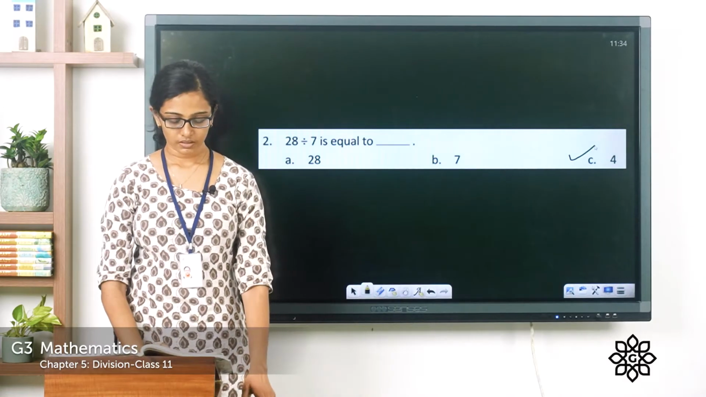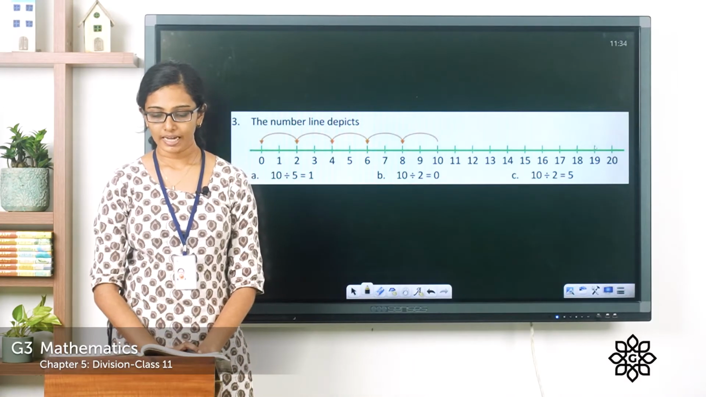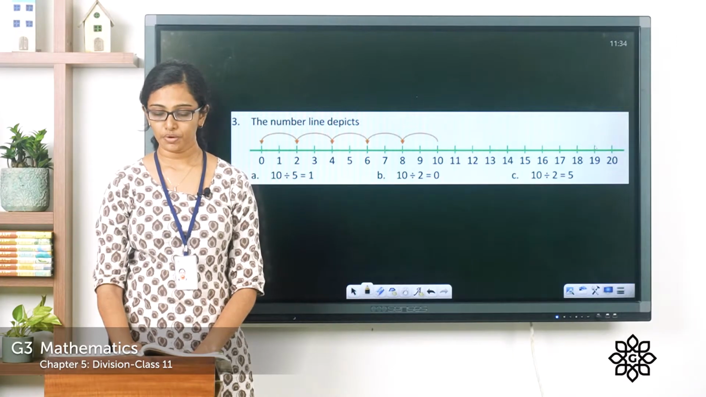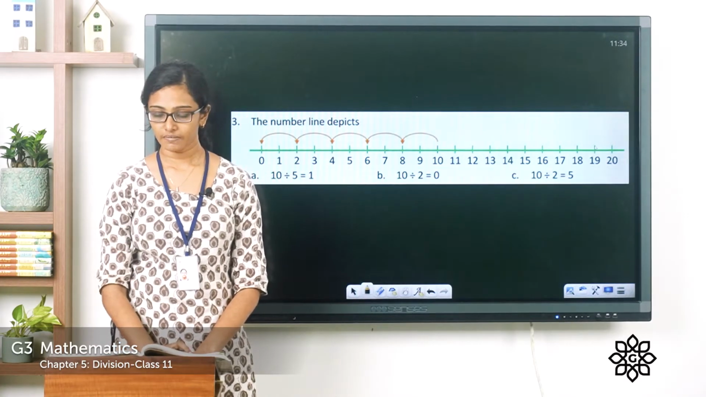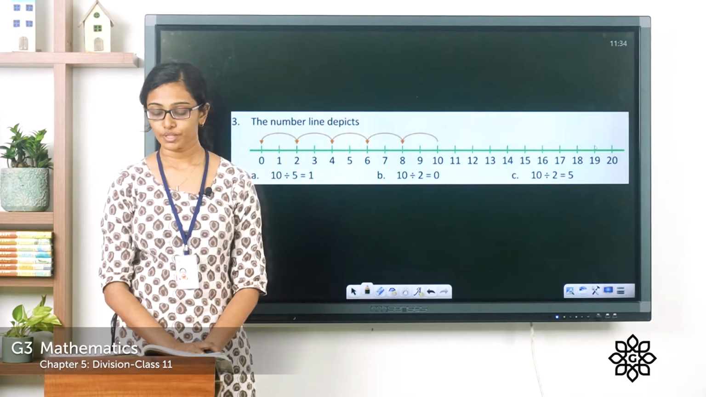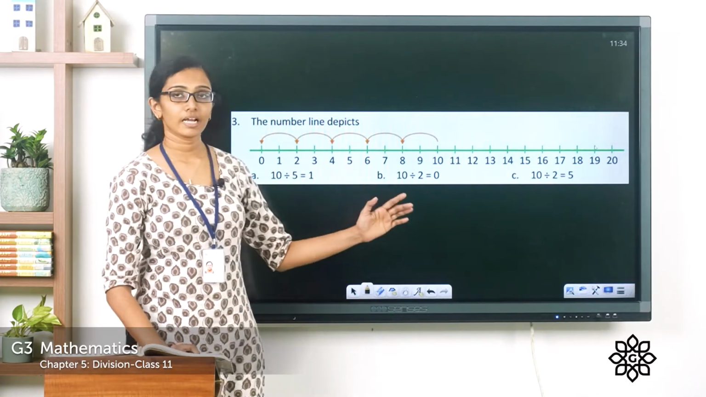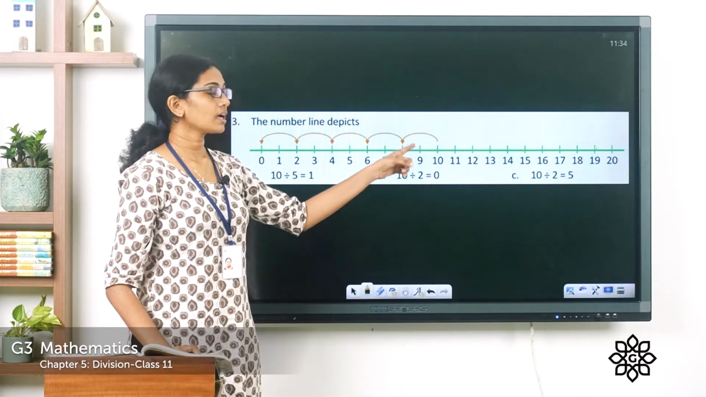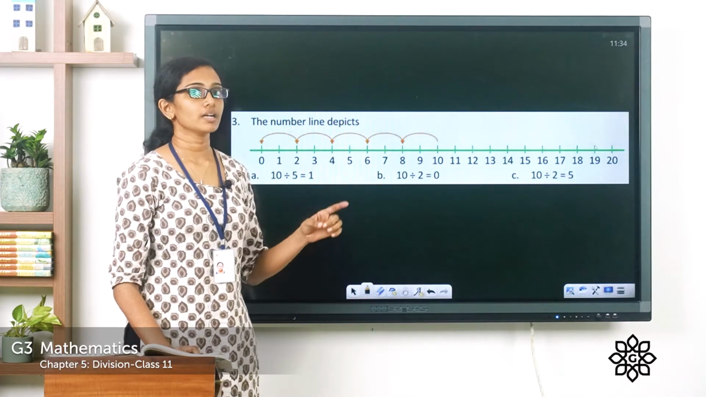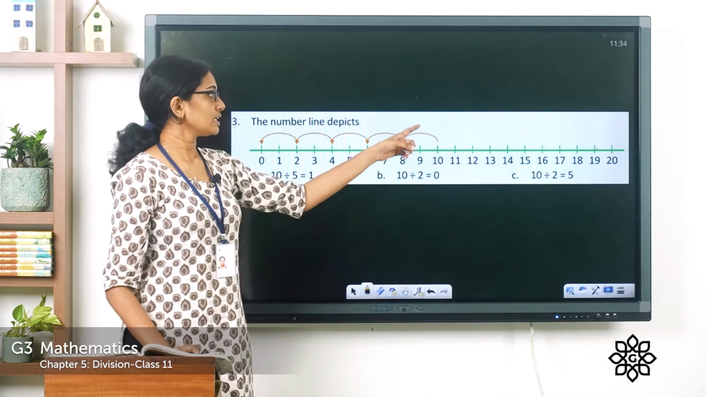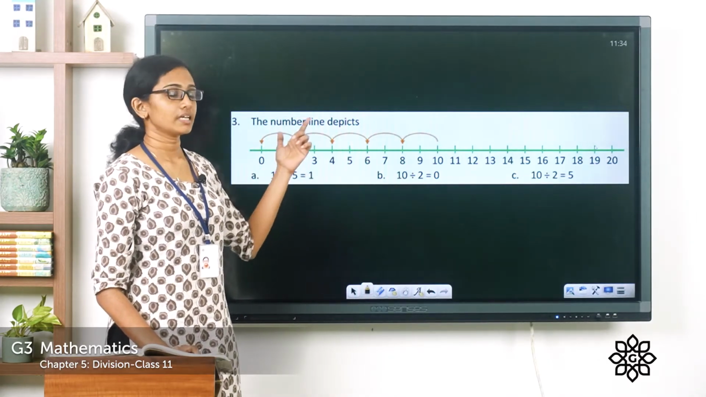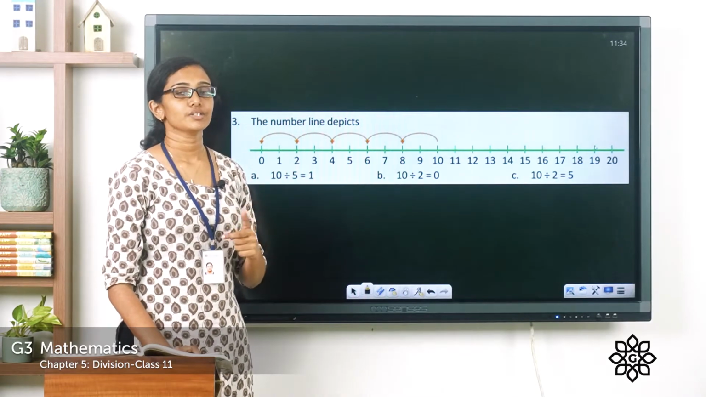Clear? Now the third question. The number line depicts: option A, 10 divided by 5 is equal to 1. Option B, 10 divided by 2 is equal to 0. And option C, 10 divided by 2 is equal to 5. So you can see a number line here and you're jumping backwards. When you jump backwards on the number line, it means you are subtracting numbers. And you can see you are jumping repeatedly, or subtracting repeatedly, and when you subtract repeatedly,